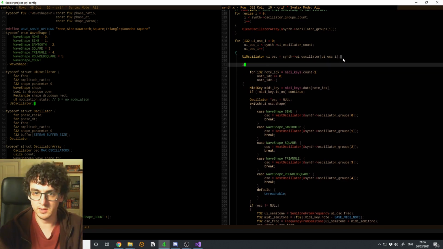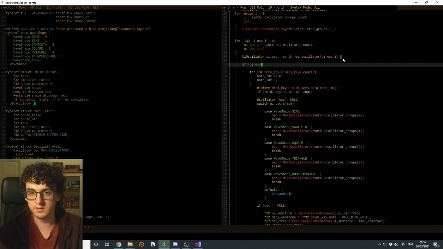So what we can do here is if UI osc modulation state is greater than 0,